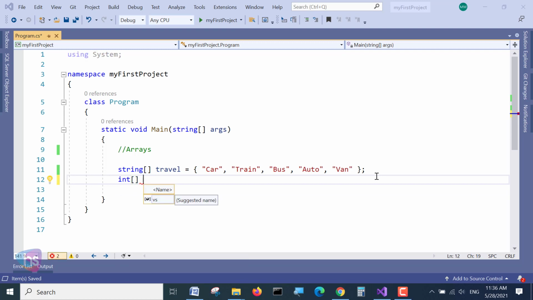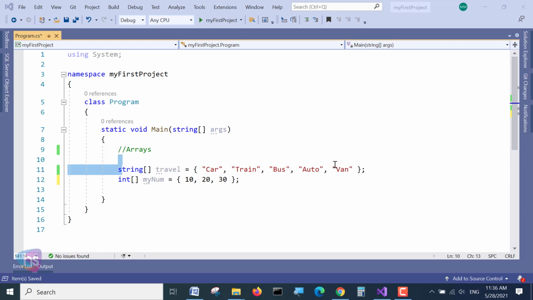I may take my number equal to, then curly braces, and just enter the numbers here. That's it, and end the line with a terminator. This is how we define a string array, and this is how we define an integer array. How simple it is.